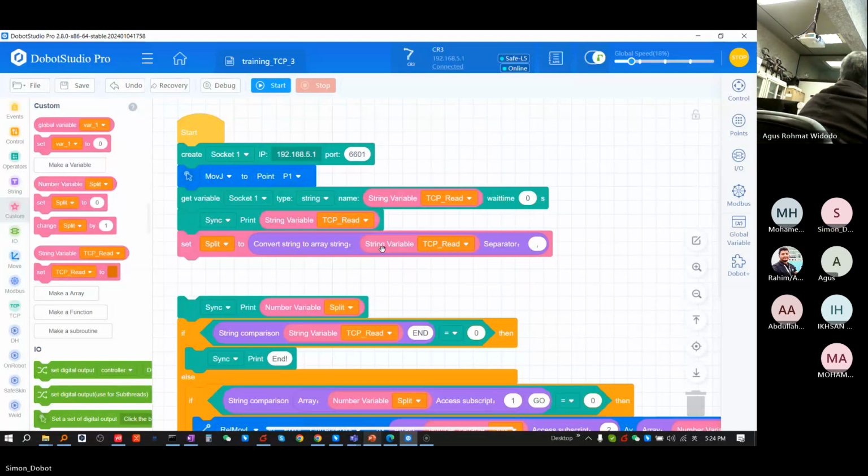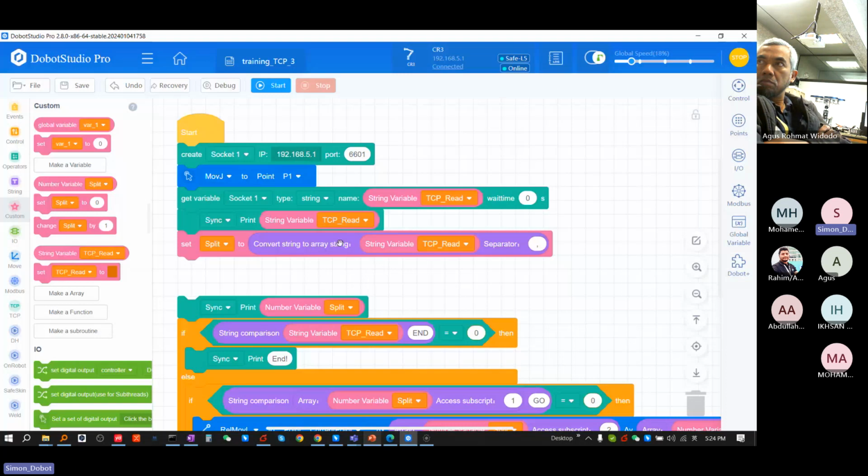Then we do the comparison. We compare the string with end. If the result of the comparison with end equals 0, it means it received end, so it will print end, and the program finishes. Else, if